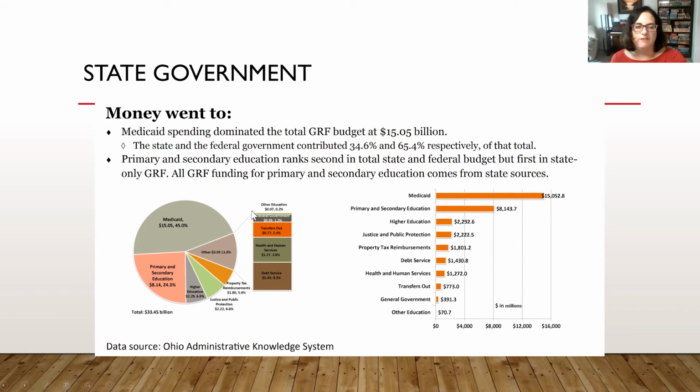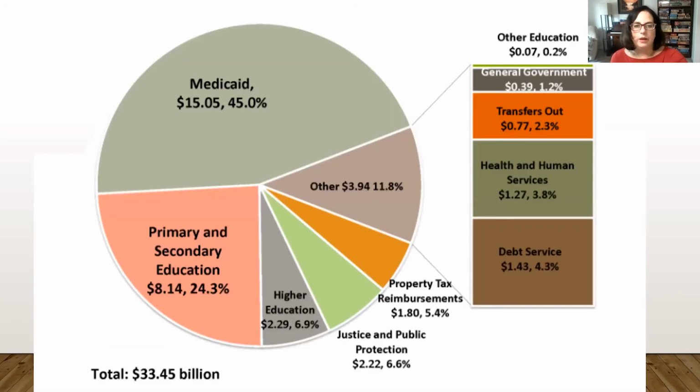And that's the state spending. And state spending is a little funny because it also includes some federal grants. And so the numbers are a little bit hard sometimes to reconcile. But as a proportion, right, mostly Medicaid, secondary education, higher ed, some of that justice and public protection. This is all of the prison system and we'll pay for that. And then here within the others, right? There's some debt service, but there's a lot of these health and human services. So investments in programs that impact health.